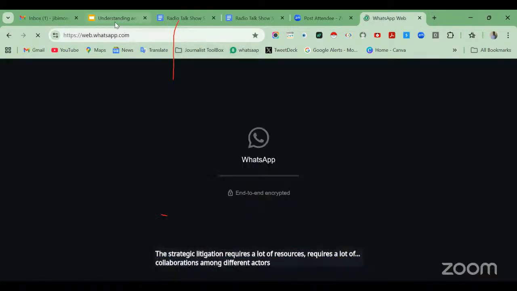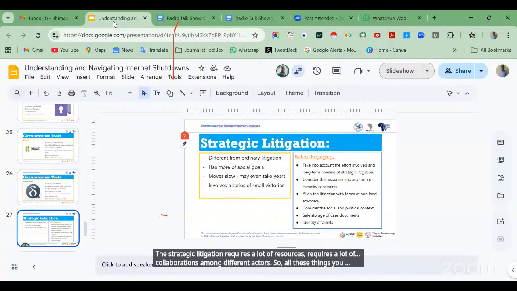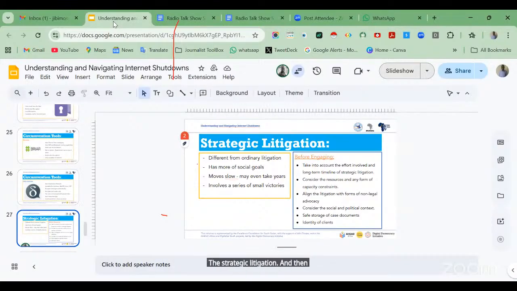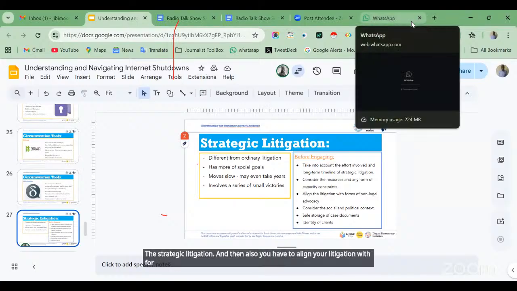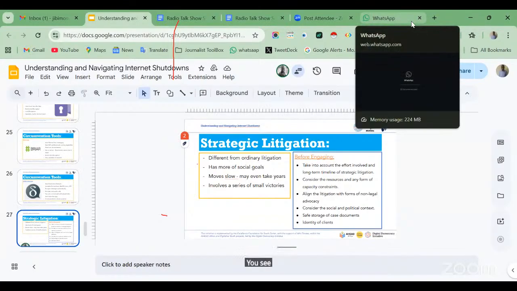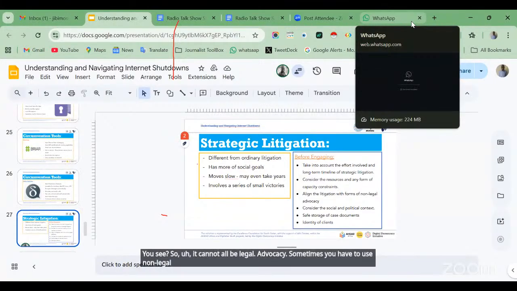So all these things you should be able to consider when you are trying to engage in strategic litigation. And then also you have to align your litigation with forms of non-legal advocacy. You see, it cannot all be legal advocacy. Sometimes you have to use non-legal advocacy. What are these non-legal advocacies?